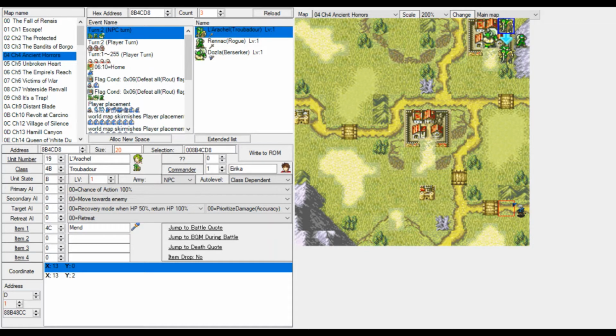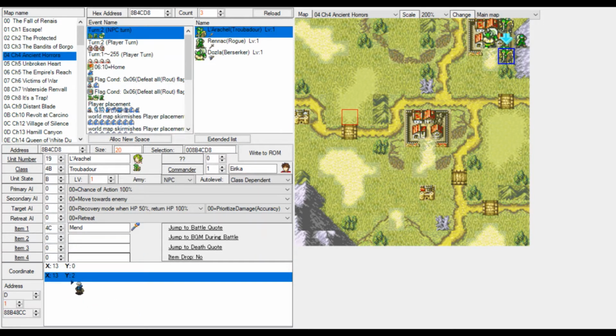In the event editor, I have shown you that there is an event editor. You should check out a different episode for that, or just find a different tutorial if you want a little bit extra event editing. But in event editing, you can load units, and you can also use a function where loading units is paired with immediately moving them. When you select that, the starting position is where the units will spawn on the map, and then they will move to this coordinate, or the coordinate at the bottom of the list. That is where they will stop after being loaded.